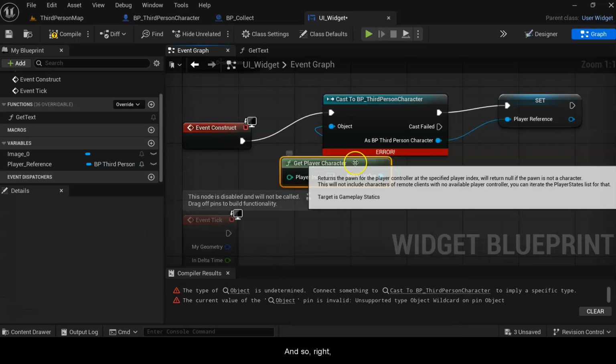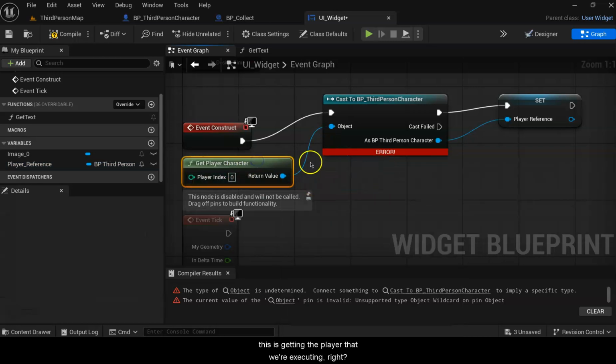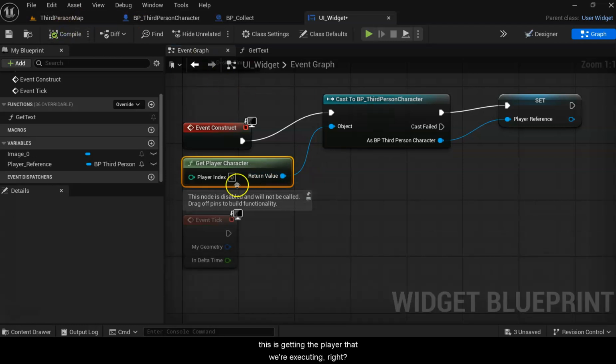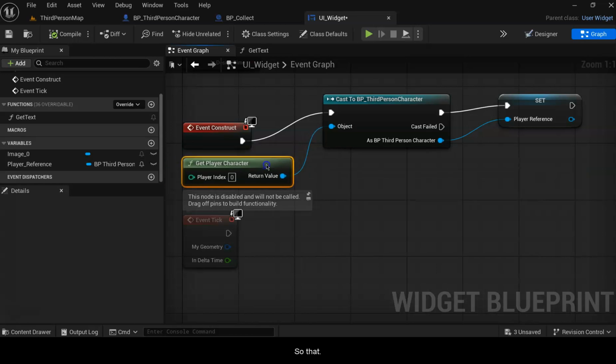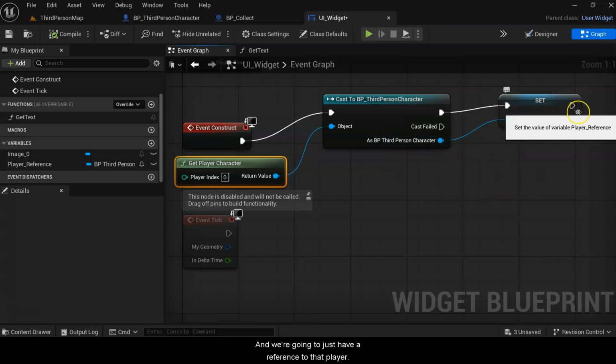And so, right, this is getting the player that we're executing. So that is the third person that we're playing in the game, and we're going to just have a reference to that player, so that way we can get the information of the